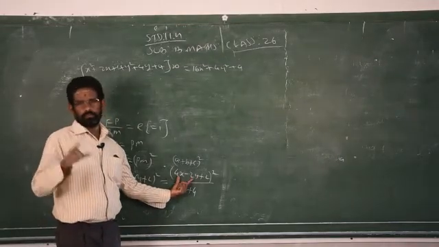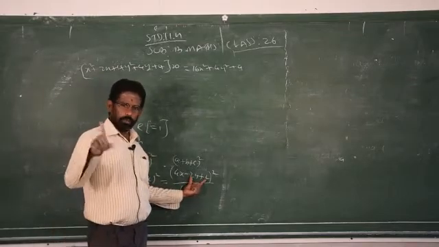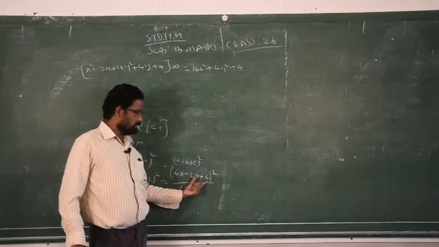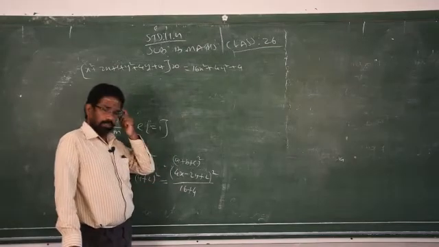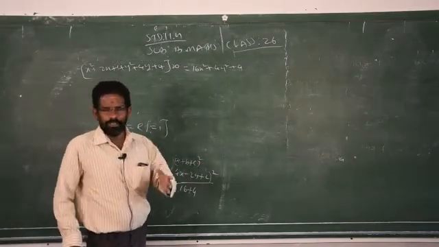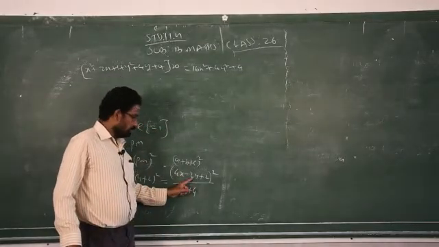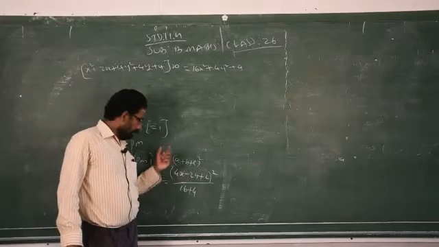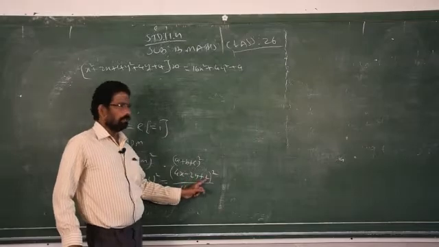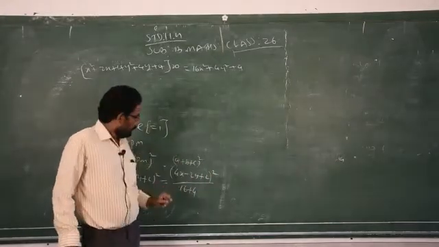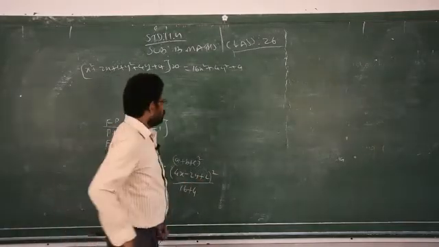First you multiply these two with the sign, multiply the answer by 2. Then multiply the second term and third term, multiply the answer by 2. Then multiply the first and the last term, multiply by 2. Clear? I am telling you right, please keep it in your mind. If you find it difficult to memorize the formula, please do it like this: first multiply the first two terms with the sign, multiply that answer by 2 table. Then the second and third term with the 2 table. Again the first and last term, again with the 2 table.